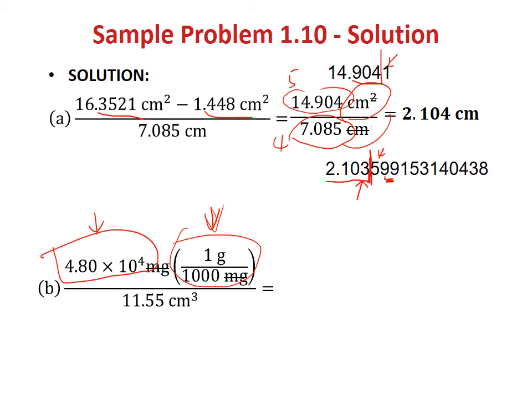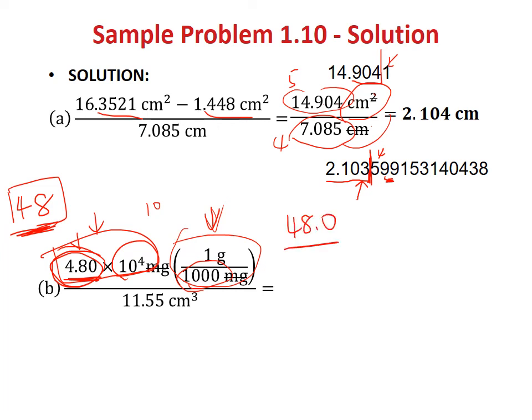So when you calculate 10 to the 4th power divided by 1000, that gives you 10. 10 times 4.8 should give you 48. But because the first number has 3 significant figures, the calculation should also give you 3 significant figures. So how do you write 3 significant figures for 48? Well, you need to add 0.0. The value is the same, but now you have 3 significant figures. The 0 after the point is significant. So the answer here is 48.0 divided by